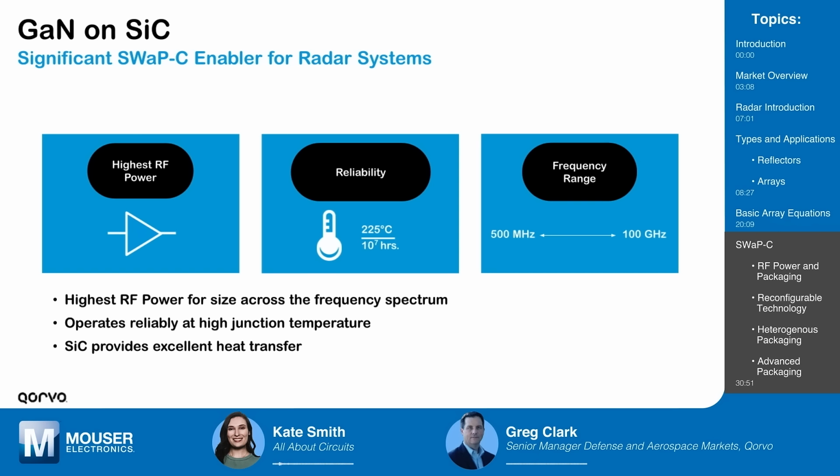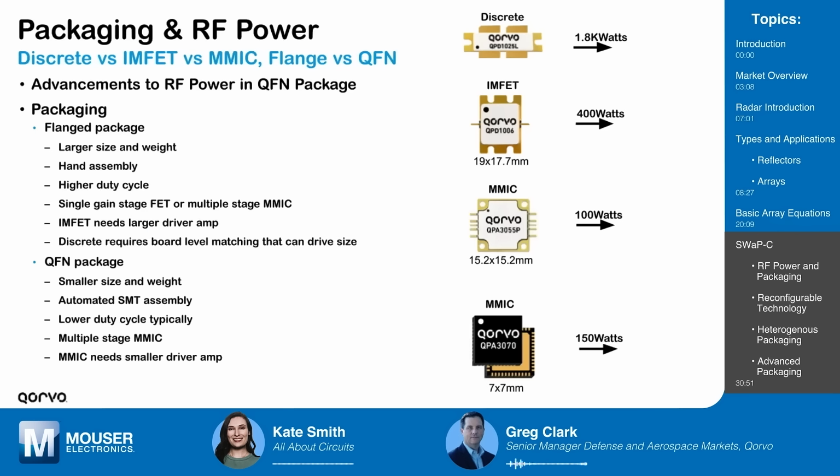It is. The thermal side of it is, so if you can produce that much RF power, you're not going to get 100% transfer of your DC power into your RF power. There is some amount of efficiency. And that translates to how much heat is going to be dissipated in that structure or in that design. Packaging and RF power, we have discrete,